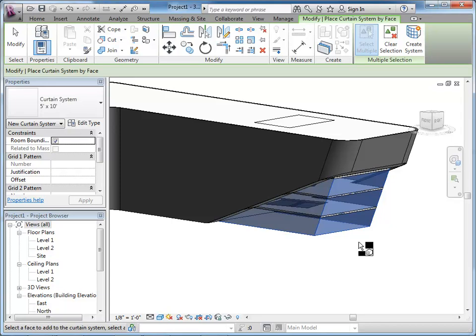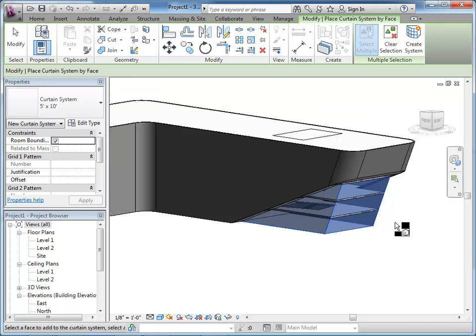What do you mean? For modeling that face, do you want us modeling a wall or a curtain system? Oh, curtain system on this one, on this part. What's the curtain system? It's going to look a little different on yours, as opposed to just the